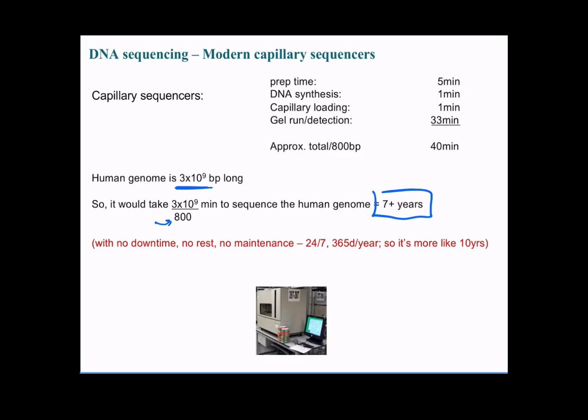My question to you is, does it take 10 years to sequence a human genome? Have you heard these stories about getting your human genome sequenced in about a couple days, right? Yeah, and that is because technology advanced significantly. That's an understatement. It advanced significantly. We'll discuss how that happens. But before we do that, I wanted to